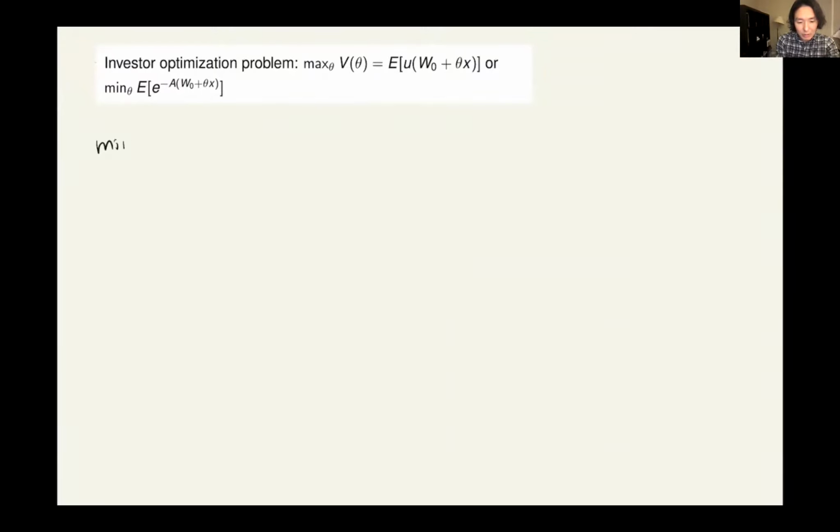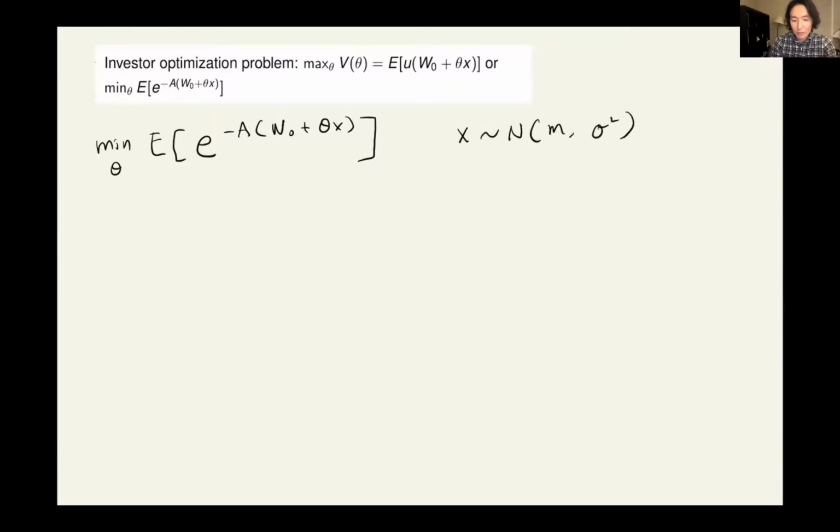So minimizing over theta of the expected value of e to the negative of W0 plus theta X. And we know that X follows a normal variable with mean M and variance sigma squared, right? And then what is the key here? We know a very important property of the log normal random variable, meaning, suppose there's a